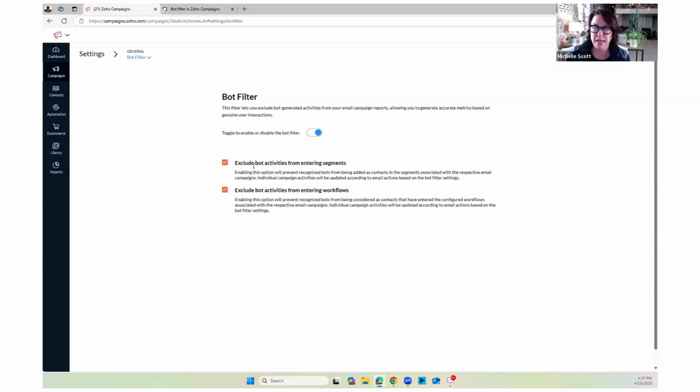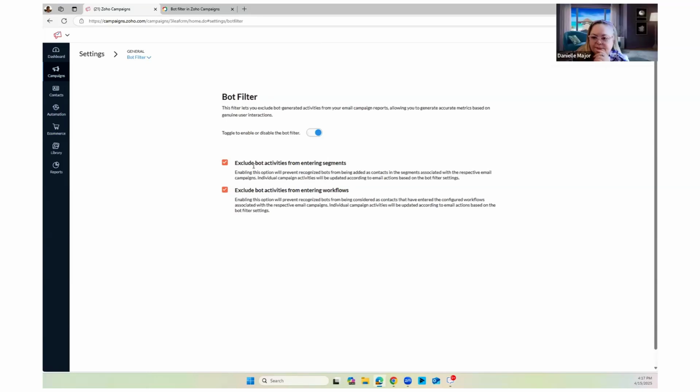activities from entering segments. Segments are criteria-based targeting lists, for lack of a better word, dynamically created and managed within Zoho that give you the ability to target things based on values, whether they open something or something like that, and put them in a segment. So based on their engagement, and we're calling opens and clicks engagement in marketing terms here, putting them in a segment. So if you're going to send another email, you want to exclude those bots, those scanning devices, from those